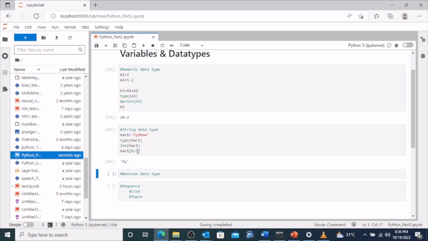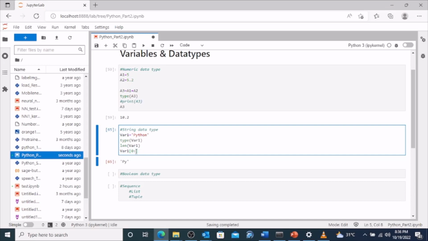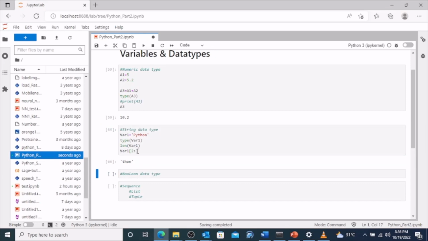I can also type like this: 2 colon means I need all the characters starting at index 2 till the end. So 0, 1, 2. So 2 is T, and if I mention it like this, I get all the characters